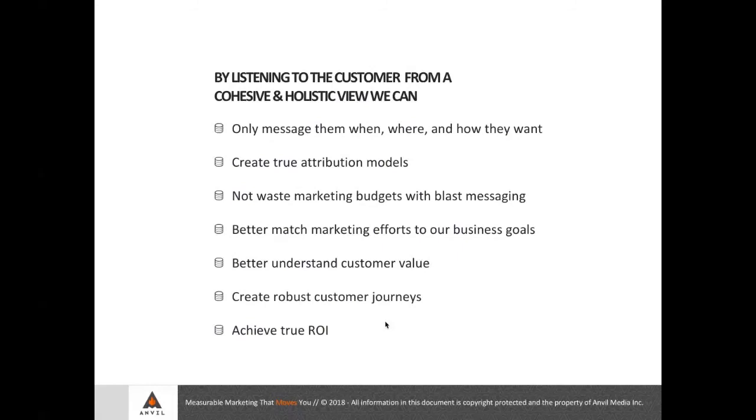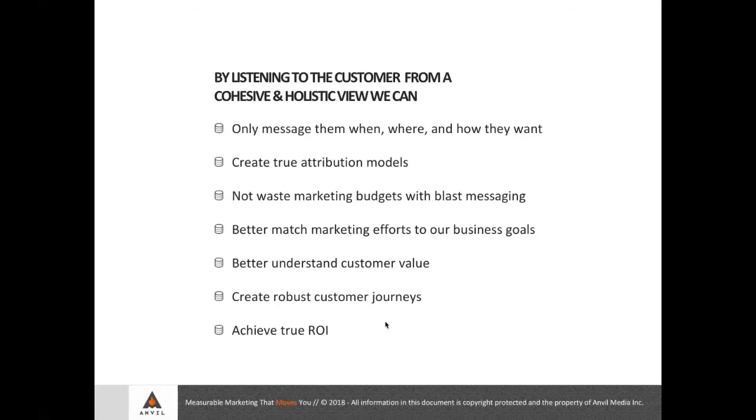If we do this, we can stop wasting budgets on those batch and blast campaigns. We don't have to do a paid campaign that's going to 1 million impressions because we only want those 1,000 people who meet our specific criteria. We can better match marketing efforts to the business goals. We have a lot of channel-specific marketing goals that are not aligned with the business goals of your internal business needs.